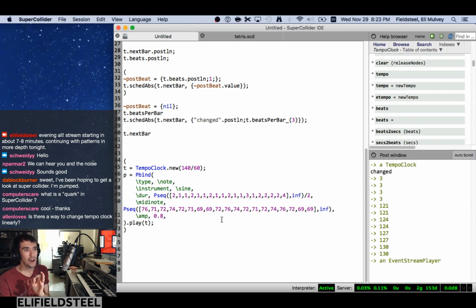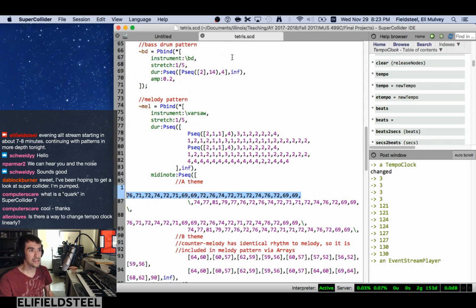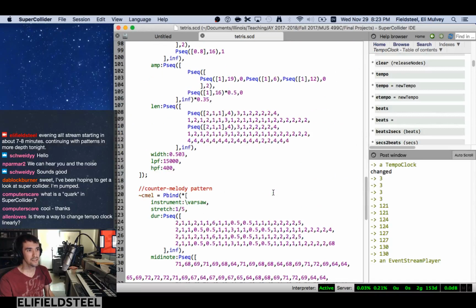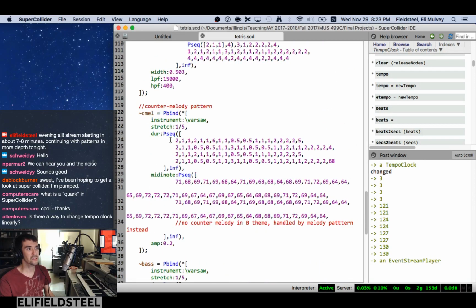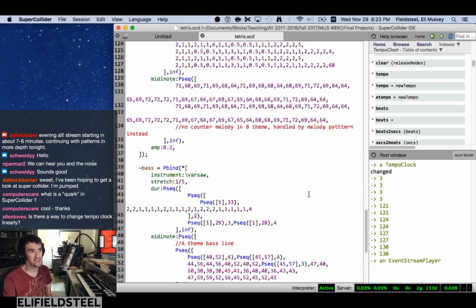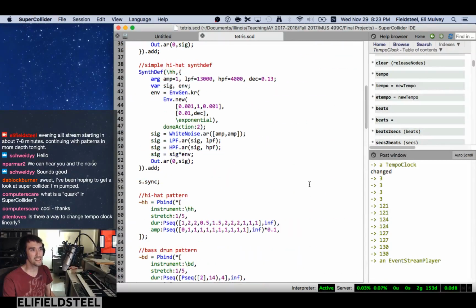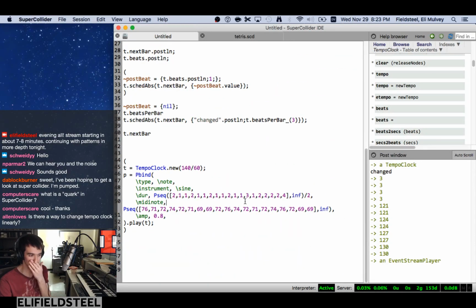So this is basically how I did it in this. I have these duration patterns, which are just these more or less unreadable sequences of numbers. Like there's a 68 over here. I have to wait 68 beats for some reason. And it's just a lot of numbers. It's not that easy to read. There's a better way to do it, which I sort of